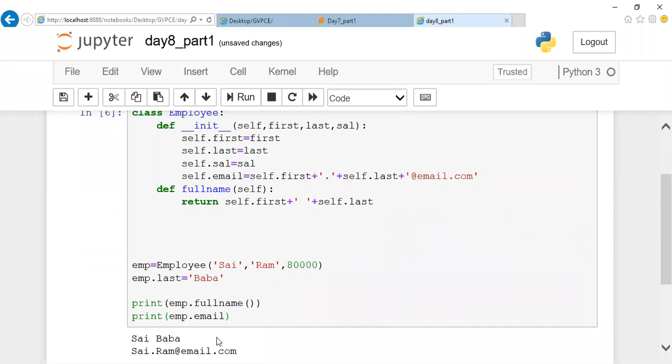What is the reason behind it? Actually this email ID should be sai.baba at email.com. Why is it printing as Ram? Can you give the reason for it? Why is this particular email ID not modified, but your full name is? This last name remains the same. Why is it so?